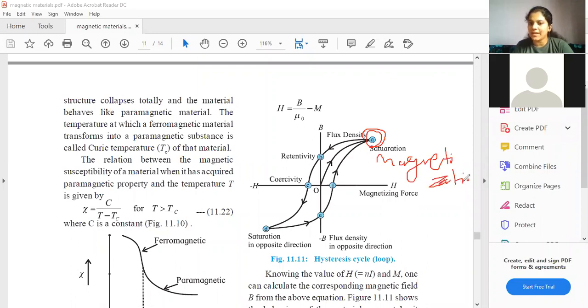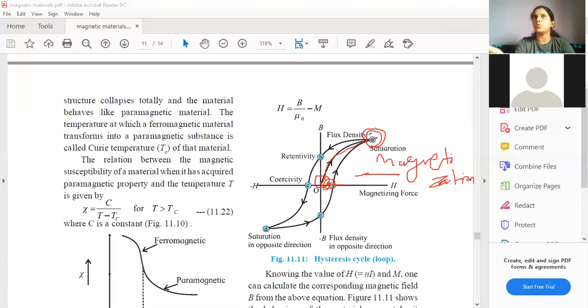Now, what is saturation magnetization? See, the material is getting magnetized. It means that all the dipole moments are aligned. Initially 0 dipole moments were aligned. As I increase H, as I increase current, because H is N into I, the amount of magnetization is increasing. So amount of magnetization is increasing means more and more dipole moments are getting aligned, and then it reaches a point called saturation magnetization.